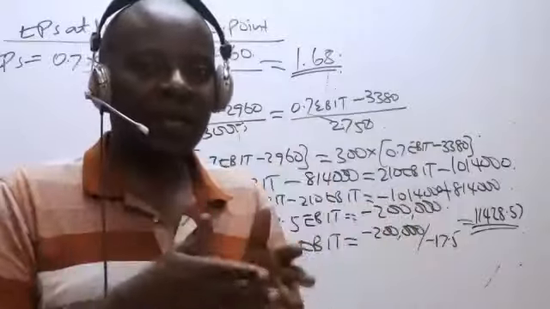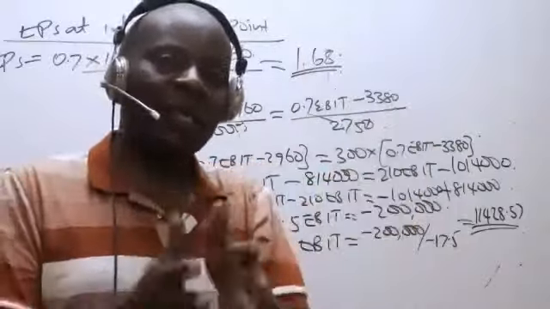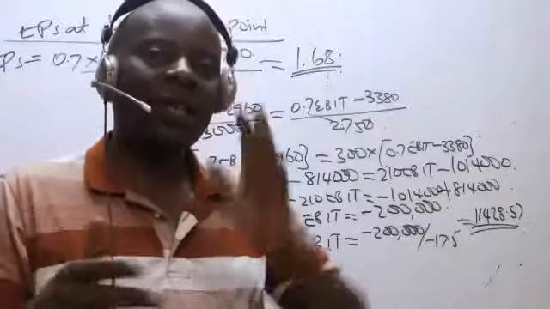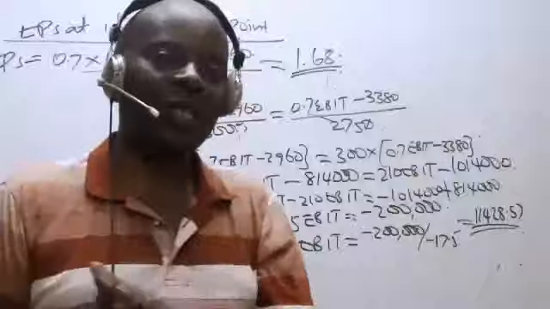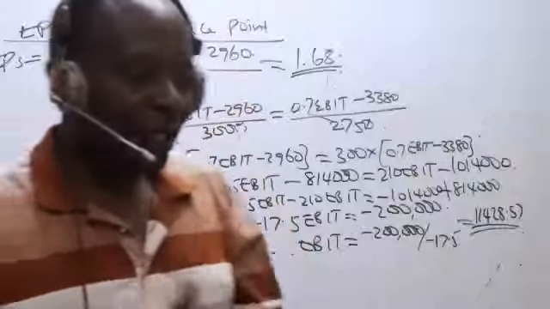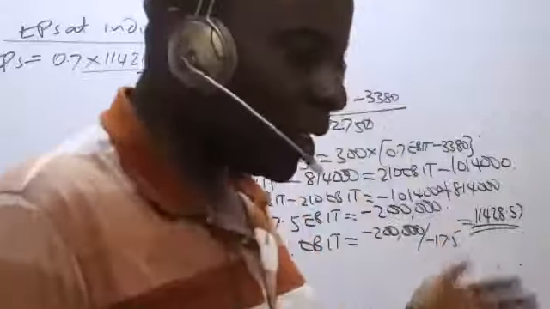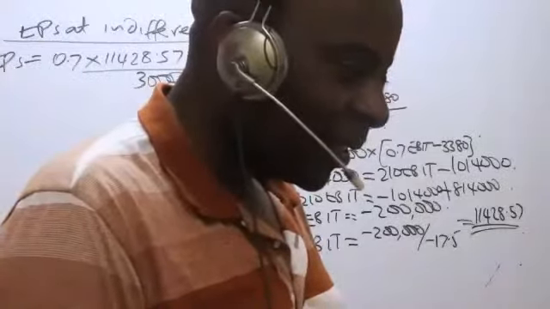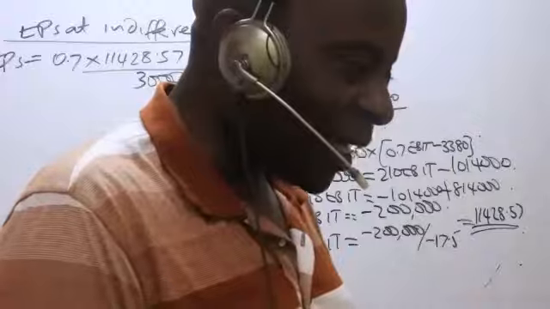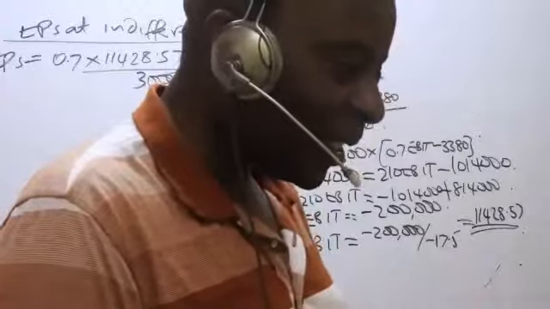We take the number of ordinary shares, old structure, plus the number of ordinary shares, new structure. Interest, old structure, plus interest, new structure. That's how we go. Just take time, watch it again later, because if I try repeating the whole of this,